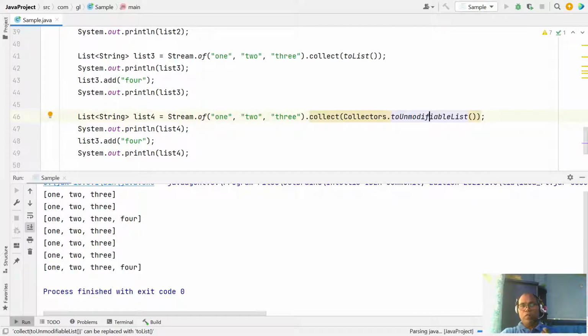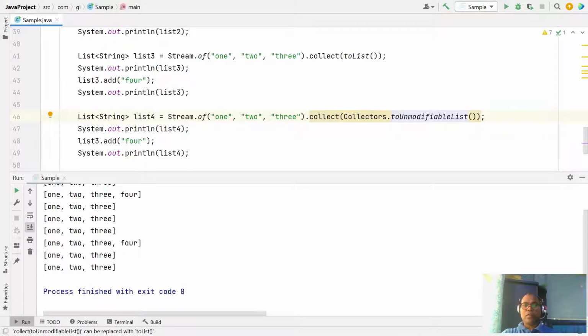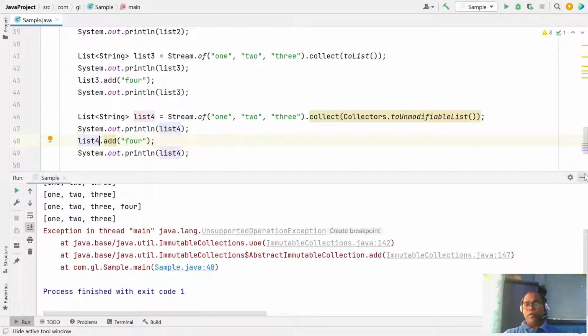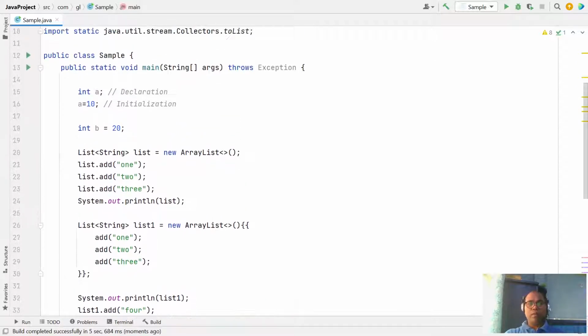So Stream offers both flavors. You can create collections with a modifiable list, or with an unmodifiable list. So this is a different way to initialize collections. Here I'm taking a list as the example, but you can initialize a set or map similarly.